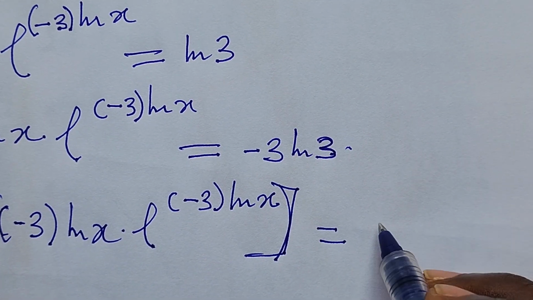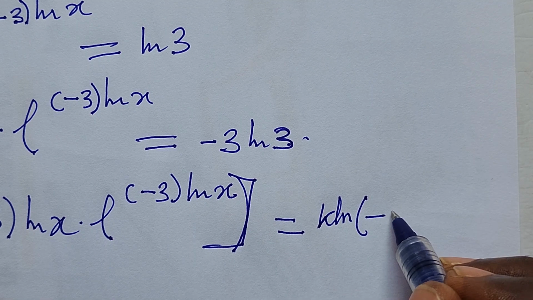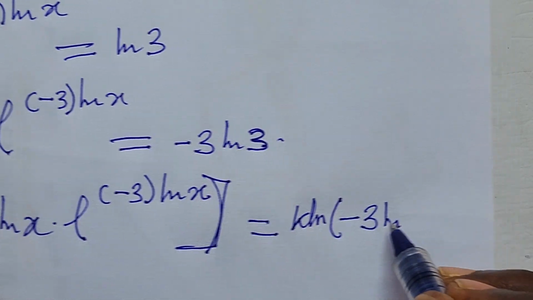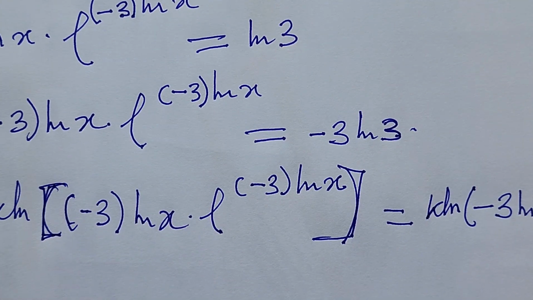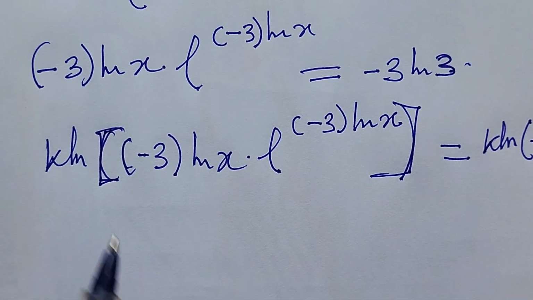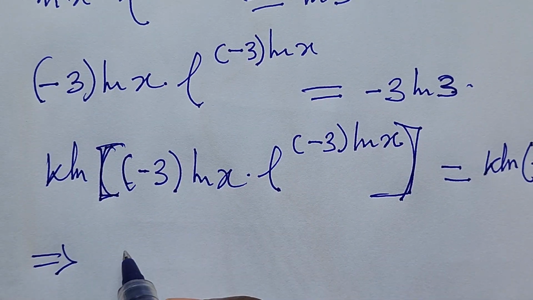This is equal to, we also take the Lambert function of this side, so minus 3 ln of 3. So what we do here, automatically, this now implies that